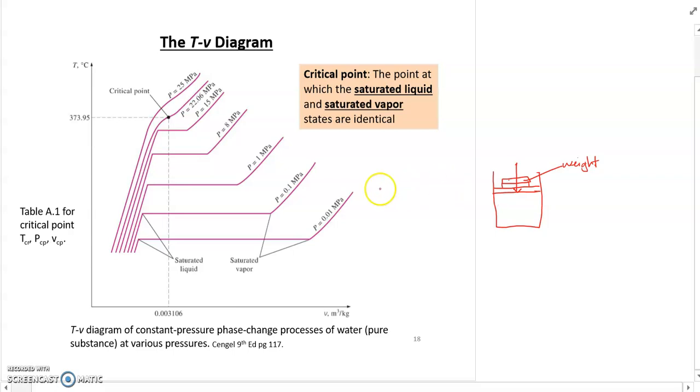This will result in an increase of saturated temperature. So when P increases, your Tsat will also increase. Tsat is equivalent to the boiling temperature